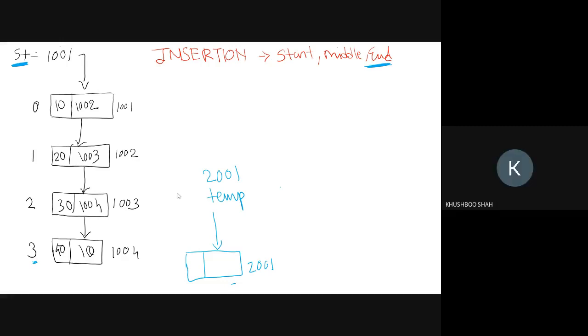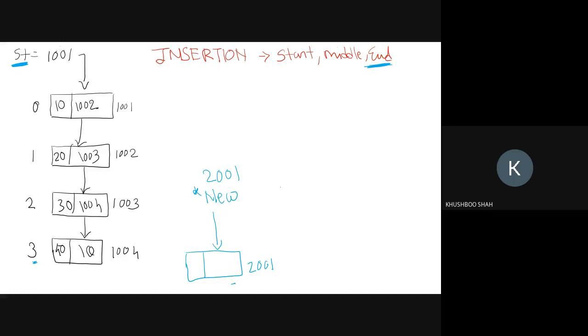Yeah, but right now my temp is here. Right now I have created the node and my temp contains this address. So this temp is pointing to this. So I need one more temp variable. You are right, Shashwat. Temporary, but we have given this already. Also, let's change the name for better understanding. I'm just giving the name new. Fine. So this is my new pointer which will point to this.